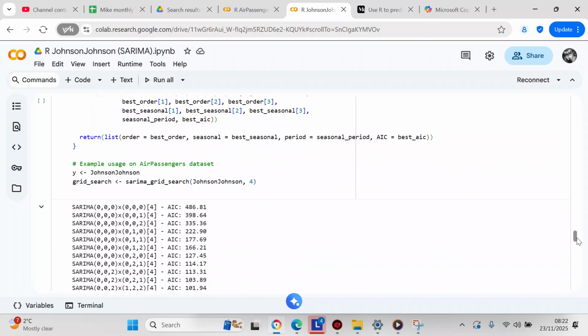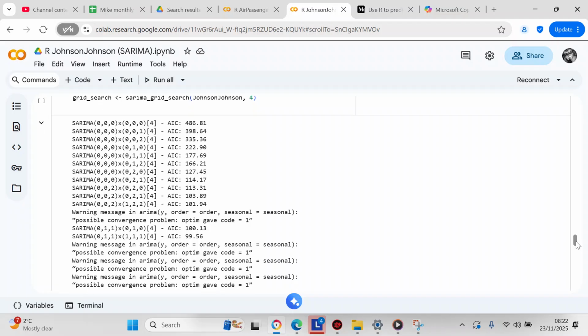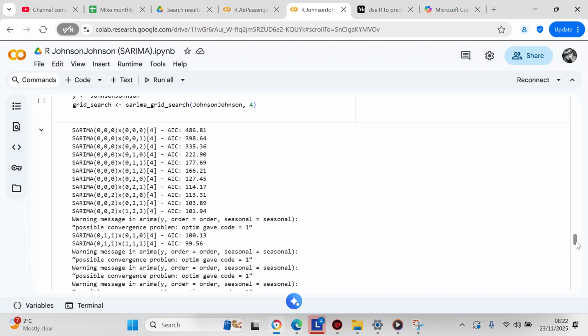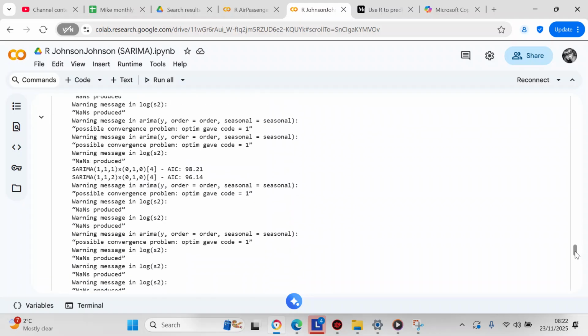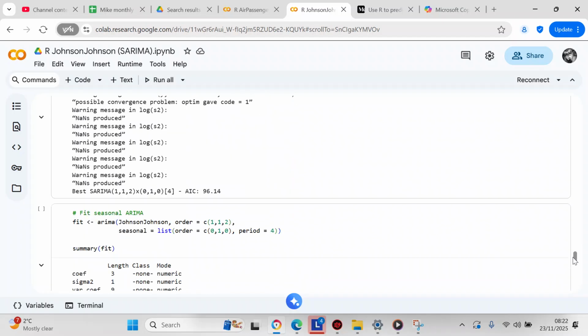So we go through ARIMA, and so we just use 0 to 2 for each one. And the reason why we use 0 to 2 for each one was because it would take us forever if I tried 0 to 8, because I don't have a powerful computer, and my computer is old anyway. So it runs through the 0 to 2s, and so the best SARIMA is